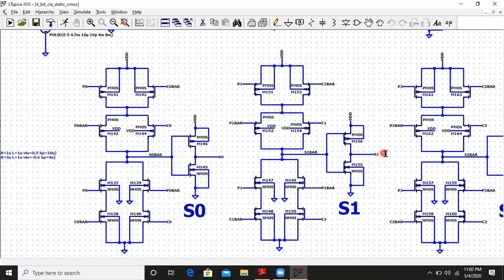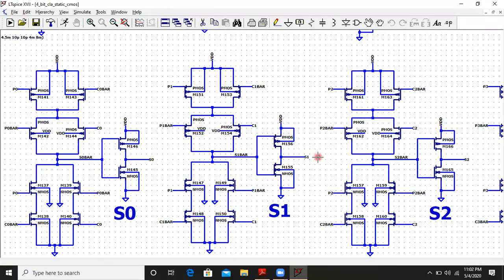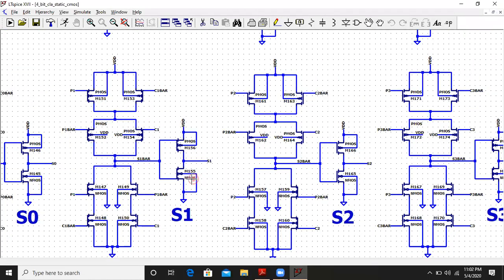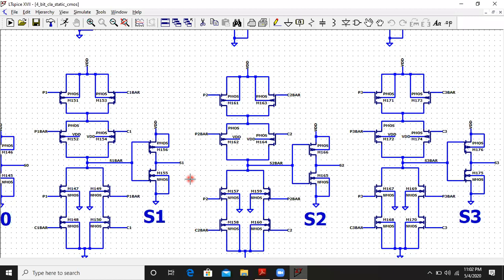Next we'll check the S1 block. For the S1 block the inputs are P1, C1, P1 bar and C1 bar. And next we'll check S2. So for S2 the inputs are P2, C2, C2 bar and P2 bar. And the output is S2 bar. So we have to again connect a CMOS inverter as you can see over here to generate S2.